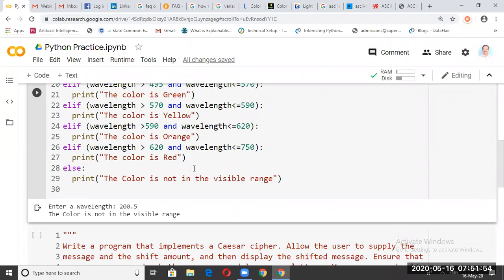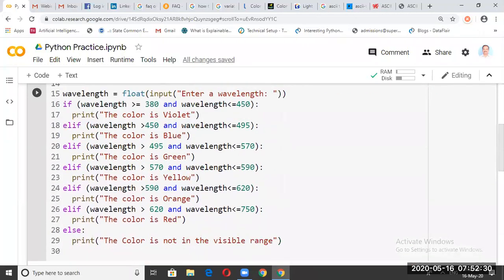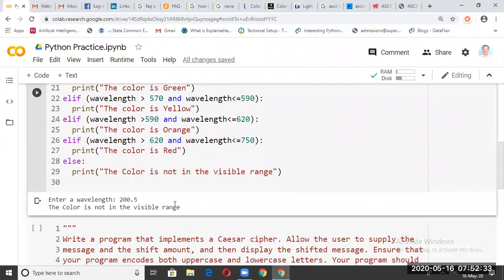We can actually make this code more useful again by entering more values and preparing a table also. We can create a data frame for various colors. If you know the exact wavelengths for various colors and the names of the colors, we can create a data frame of those colors and wavelengths in Python, and then out of the data frame we can choose the colors as per the wavelength. So the wavelength becomes a continuous variable. No doubt wavelength is a continuous variable here. So we can enter the wavelength in a continuous format and you can get the corresponding color.